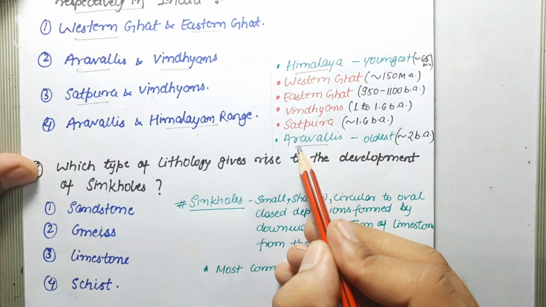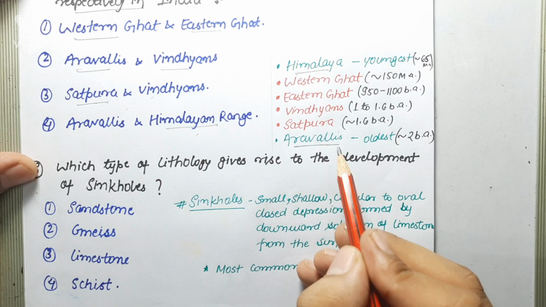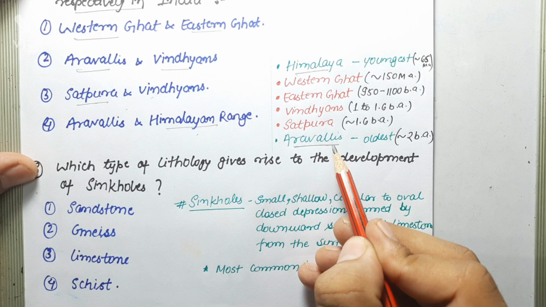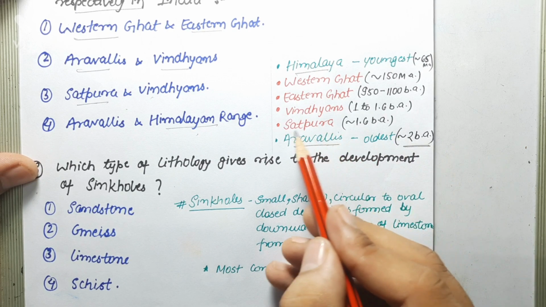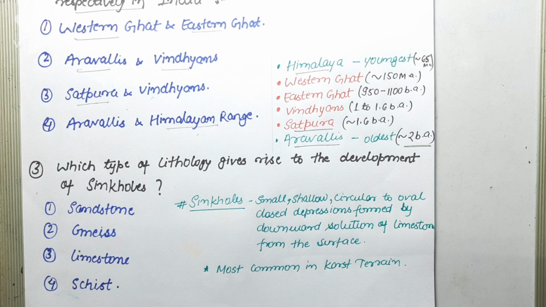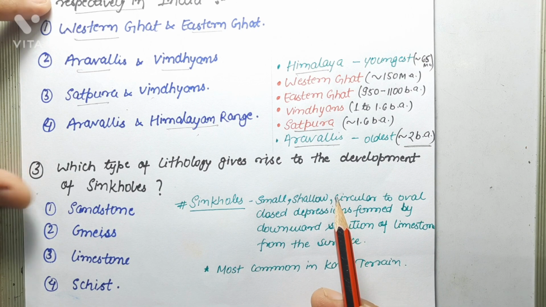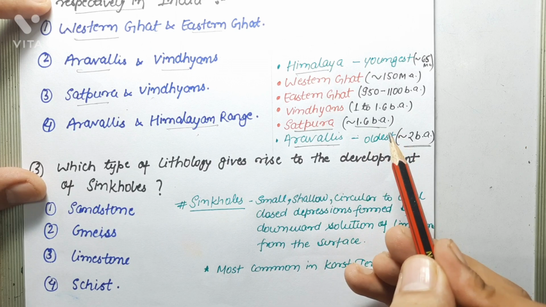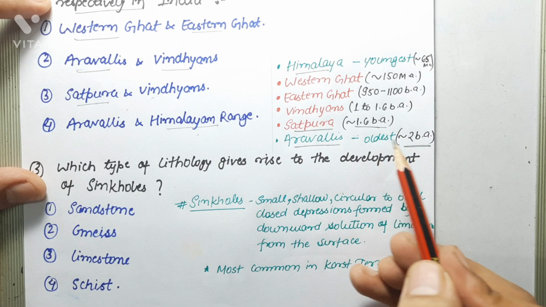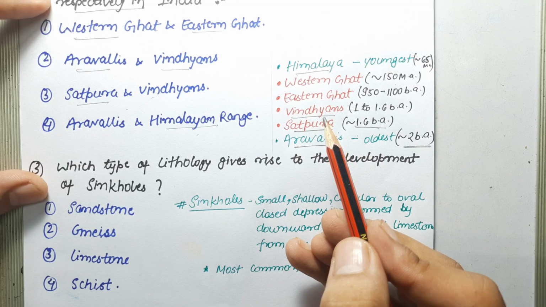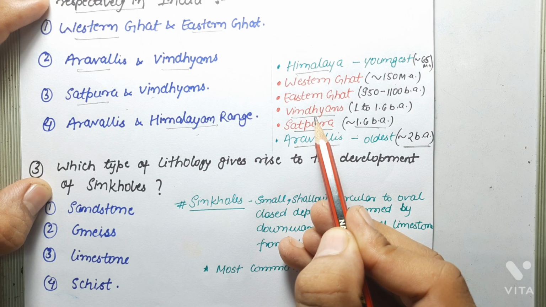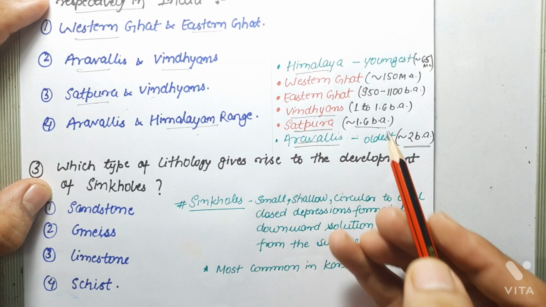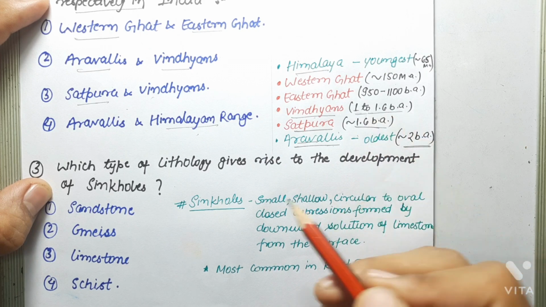That is, Aravalis are the oldest mountain ranges of India, and these are one of the oldest mountain ranges of the world, and these formed approximately 2 billion years ago. While Satpura, these are tectonic mountains formed about 1.6 billion years ago as a result of folding and structural uplift. Then Vindhyans are non-tectonic mountains, and these are formed not because of plate collision. So these are younger than Aravali and Satpura. Clearly, these formed between 1 to 1.6 billion years ago.